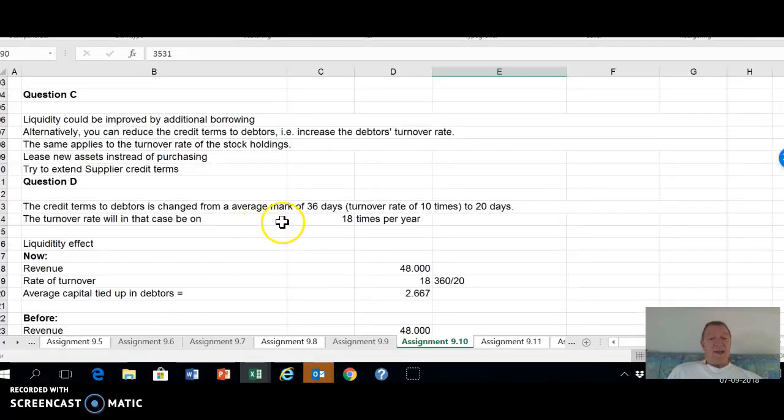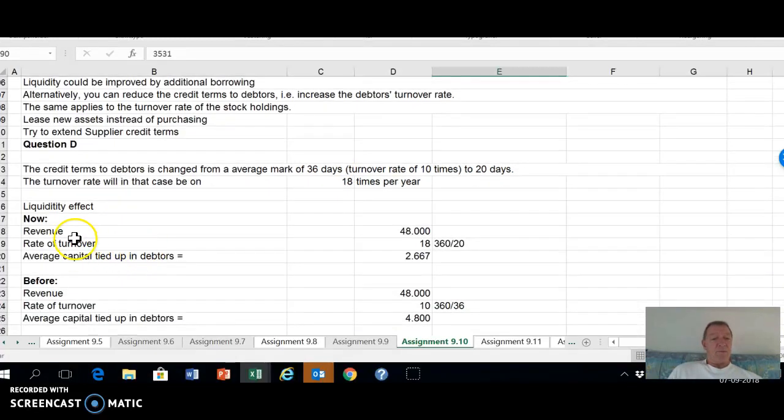Then what will happen if we reduce our credit to our customers from 36 days to 20? The effect will be the following. For the moment, we have revenue 48, and we have rate of turnover of 18. Sorry, this is the new situation. The new rate of turnover will be 18. So average debtors will be